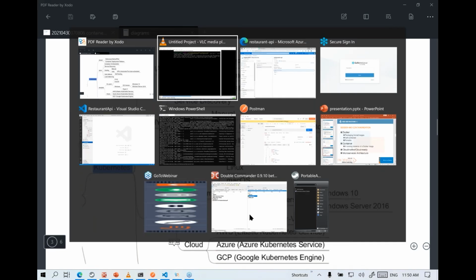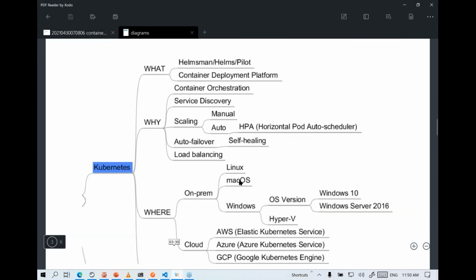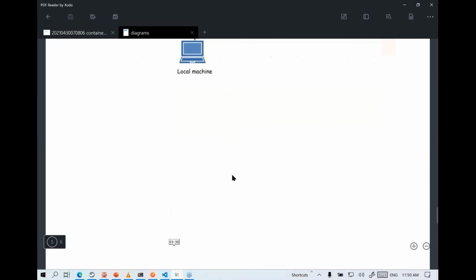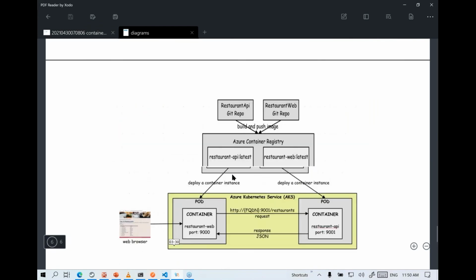So keeping in mind that Kubernetes offers us load balancing, auto failover, scalability, and so on, our goal is to deploy our Docker images. These are the images available, or at least one image is available on ACR, Azure Container Registry. We need to deploy it to Azure Kubernetes Service. And AKS, or Kubernetes in general, will start up a container instance based on that particular application. And Kubernetes will use something that is known as a pod.